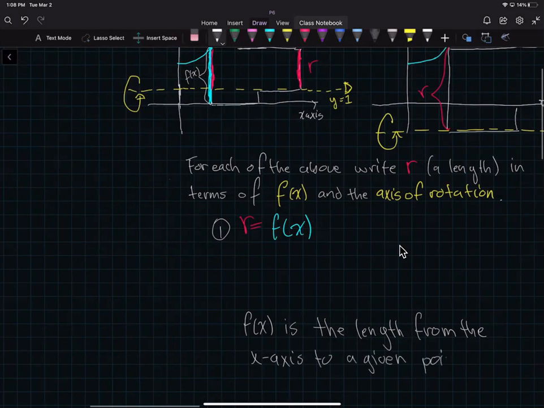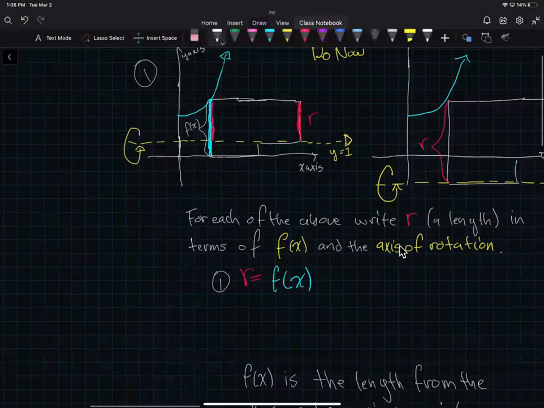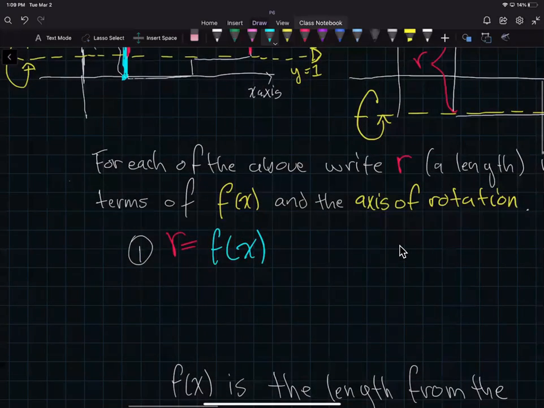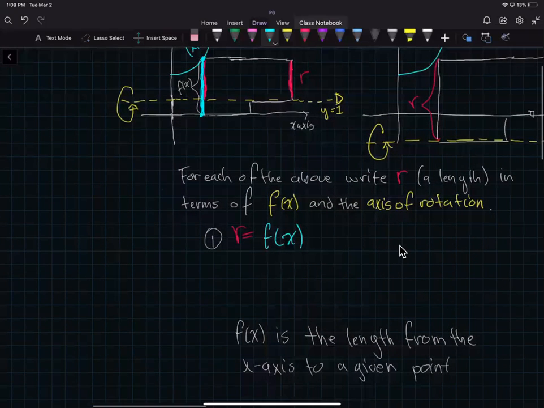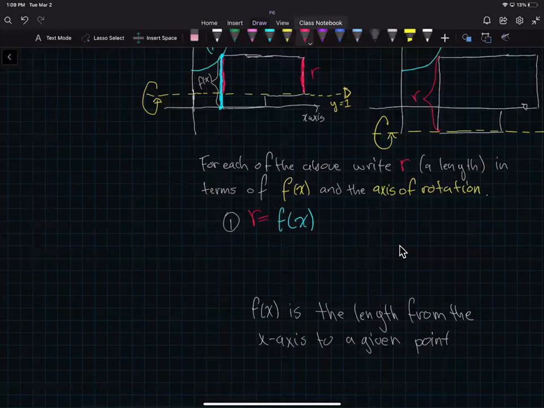Okay, so the x-axis is right here, and then this is the given point, right? And why is it f of x, you may ask? Because any point has x comma y, right? So any point can be written as x comma y, where y is the height, which will be the length. So f of x is the length from the x-axis to a given point, and then the important one is